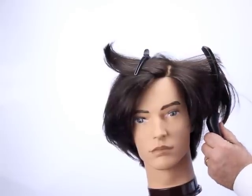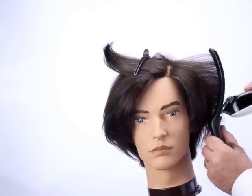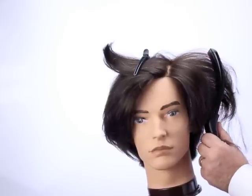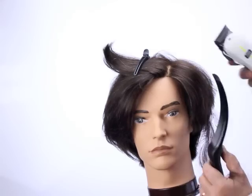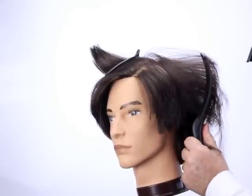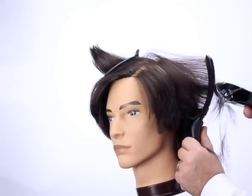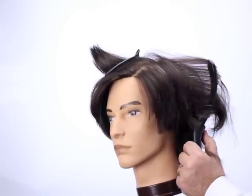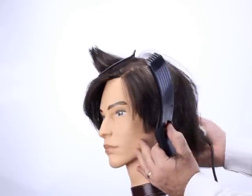So you bring out the next section with a little bit of the previous section and you just follow this curve through. So you're pushing against the sculpt, bringing it out to the same point, all in big sections. You can always see the previous section, bring it out and just keep taking the hair off at that length. We're going to go right through into the back, not cutting the hair around the bottom, we've already done that. Keep that curve going all the way through